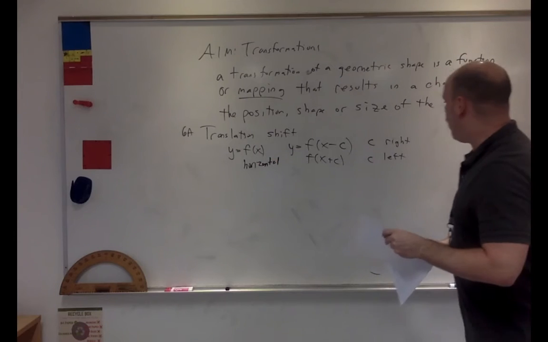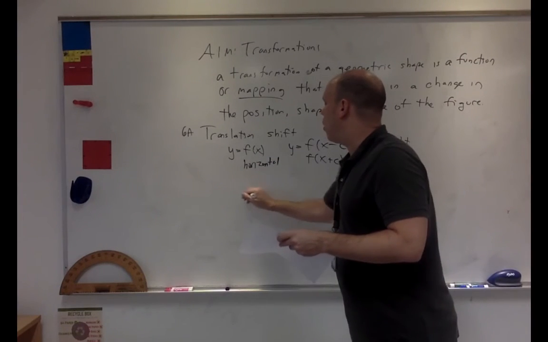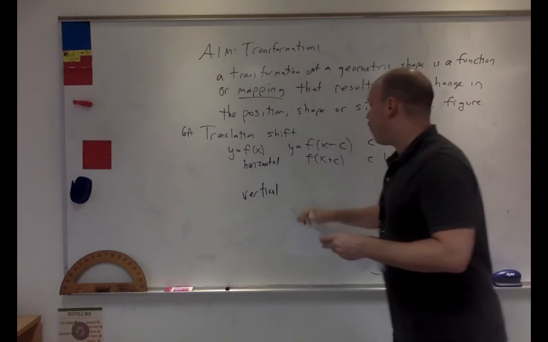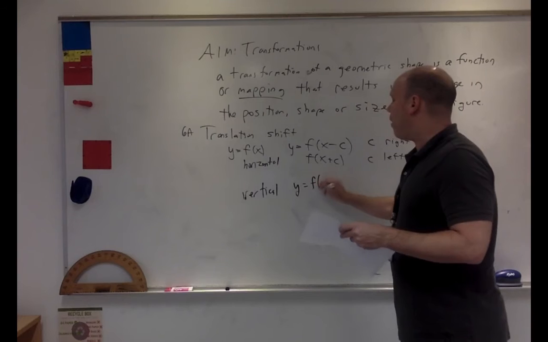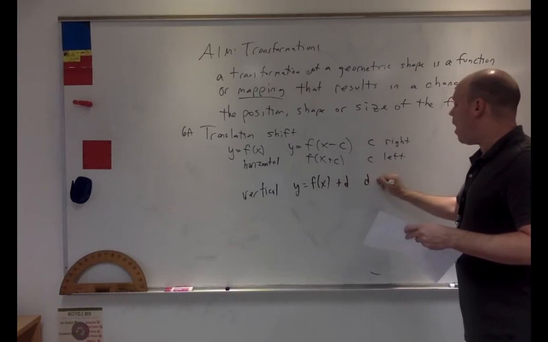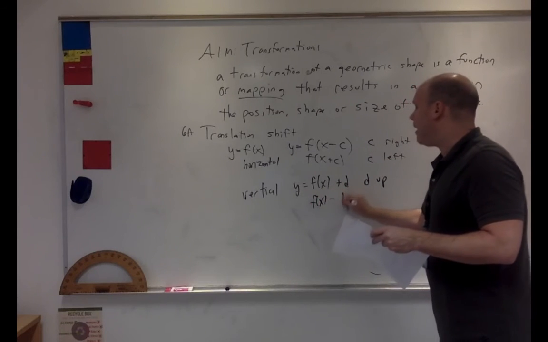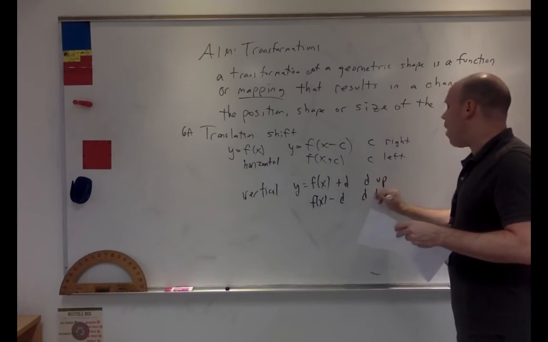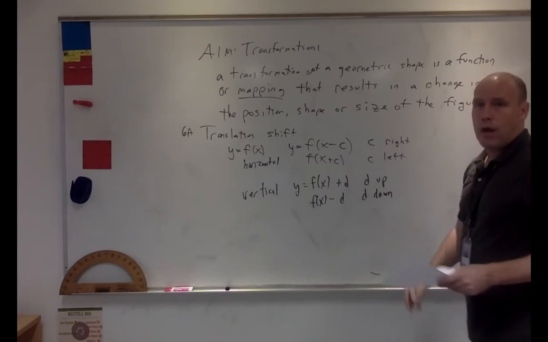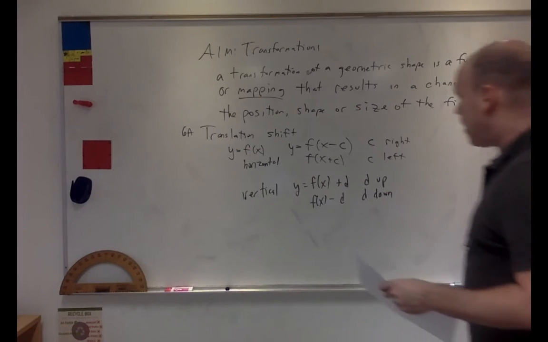And then we can do the same thing with the vertical. So for example, if I have f of x plus d, this is d up. But if I have f of x minus d, this is d down. Okay. The next type of transformation we have, this is 6B,